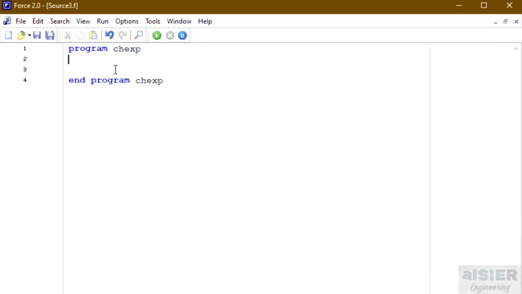In the same way we will declare character variables. For that we have to write character. Let us take name, so for name 20, then ADRS means address. For address let us take 40 because it is bigger, and then full name, let us take FN, and for that 25.